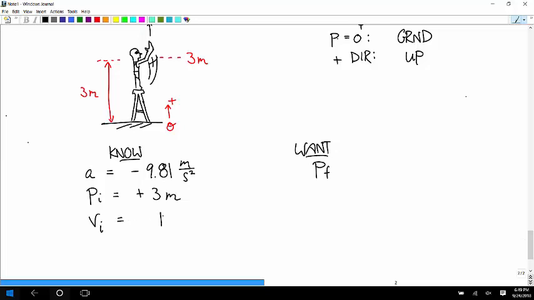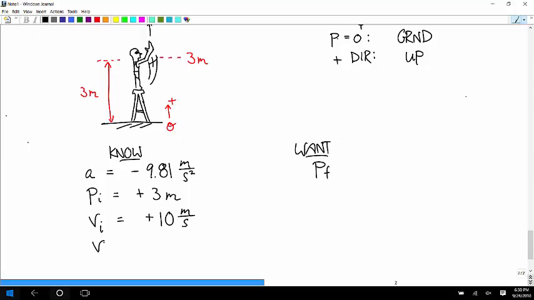So the magnitude is 10 meters per second, because that's the speed. And now we just have to think about the direction. At the instant time equals 0, is it moving in the positive or negative direction? Positive, it's going up, so this is positive. And then do we know the velocity at time final? Yep,